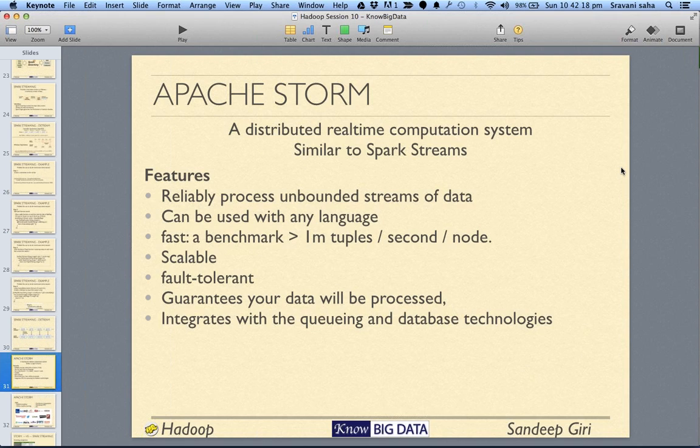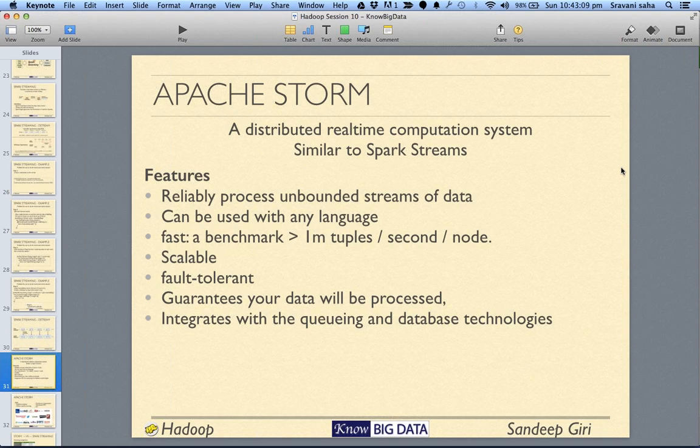So Storm was designed at Twitter, for really high performance systems. Sorry, there was a little disruption.